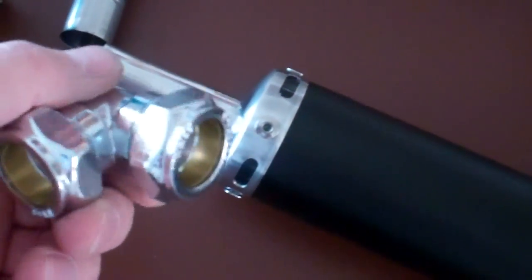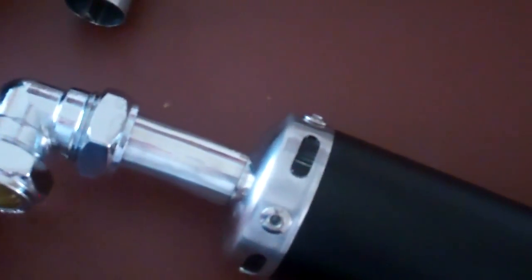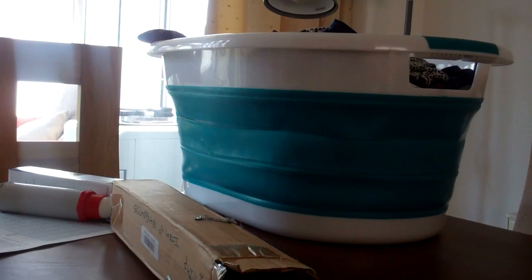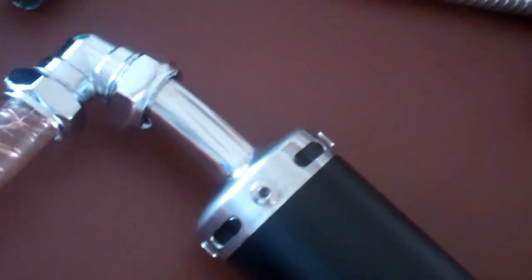Other thing is, because the silencer is 22mm, you can just use plumbers' universal fittings. You can put that on the end of there, then you can direct where you want your exhaust to come out, and because they are just 22mm, you can use another piece of 22mm copper, stick that on the end of there, nip that up. You can put any length of copper pipe in there, and you can direct your exhaust gases wherever you want. So they're dirt cheap. So just for the end of this bit, just to summarise,